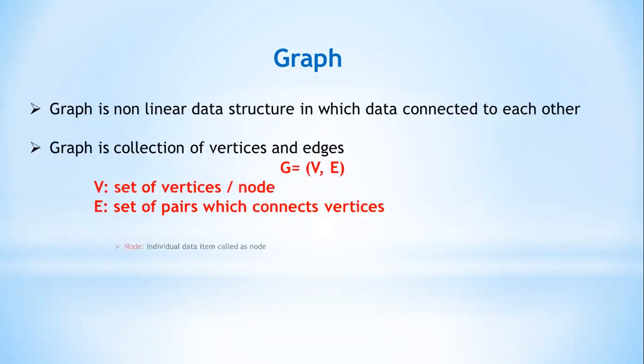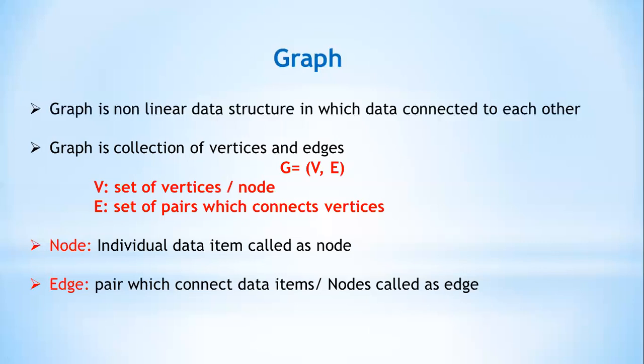So first thing, a graph is a non-linear data structure in which data is connected to each other. We know that graph is a non-linear data structure. It means that data is present at some random locations, not in a sequential manner. It is not mandatory that the data need to be arranged in a sequential, one after another fashion. But that data is connected to each other, maybe by direct link or indirectly. So we can say that graph consists of two things. One is vertices and the second one is edges.